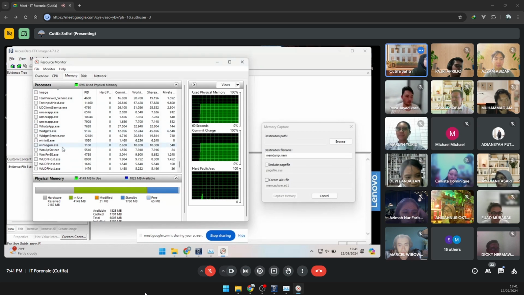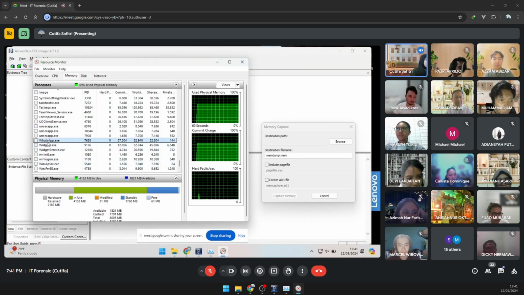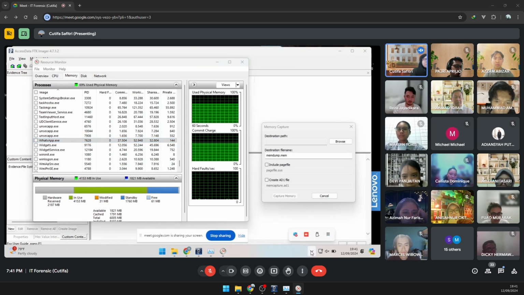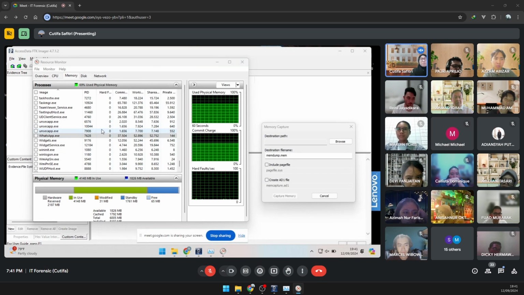So, okay, guys, what is this? WhatsApp.exe. It is in my memory. Do you see me opening WhatsApp? No. Also, by the way, this laptop that I use tonight is a faculty laptop.